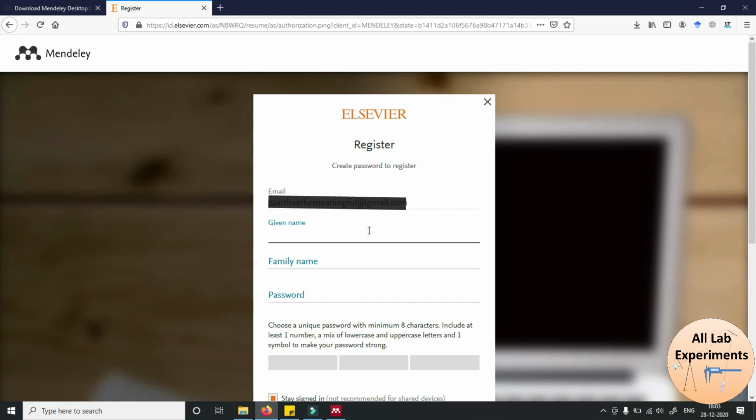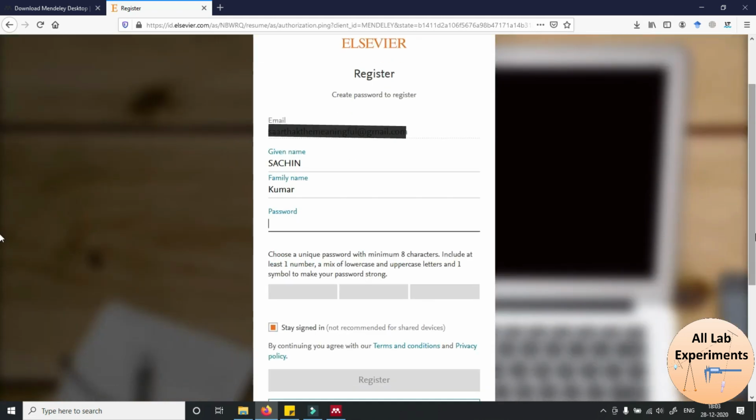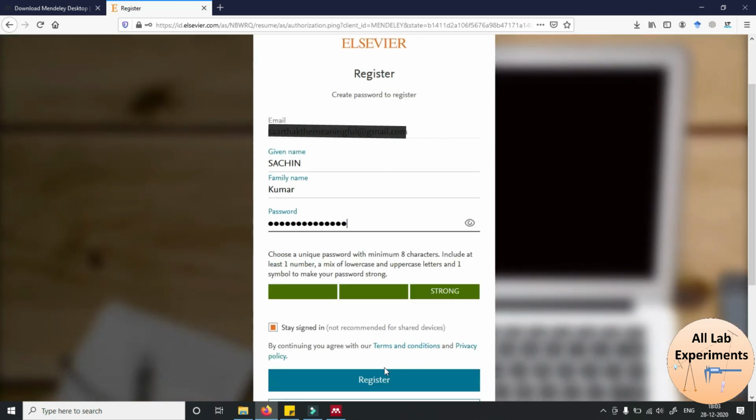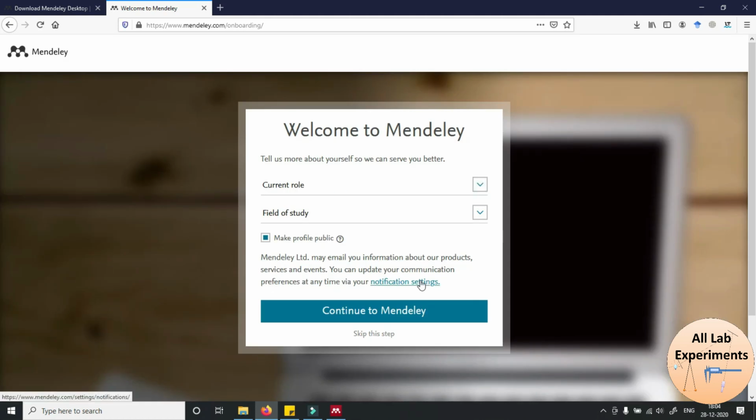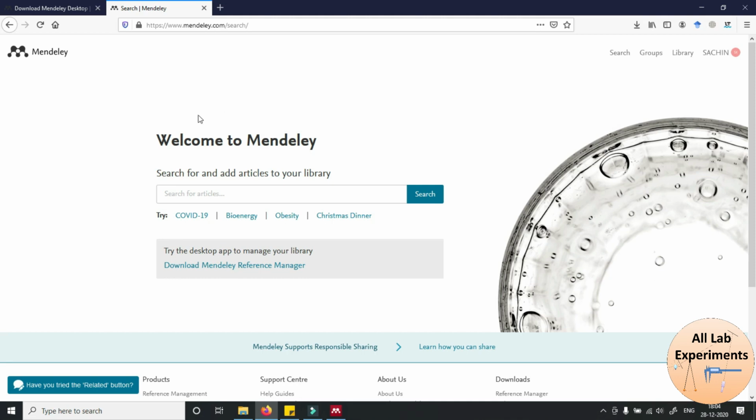After that it is going to ask me some simple questions like my name, Sachin Kumar, and the password. Then finally press register. Now continue to Mendeley. Now I can fill in some basic information, or I can skip this as well. So skip this step. Yes, now I have created my ID.